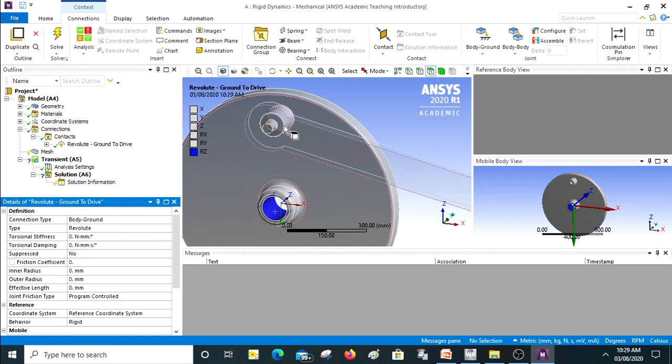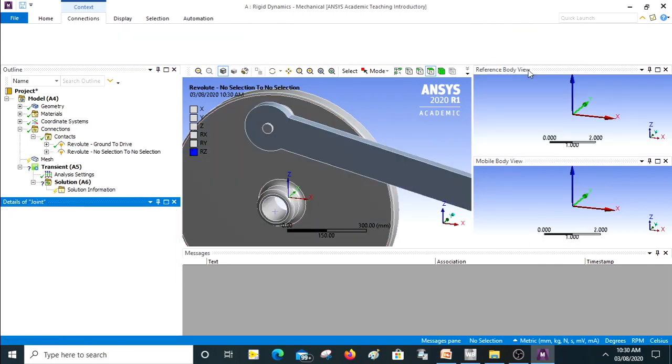Okay, now the next thing is we have to go for these two components. Now both the components are present, so we will be going for a body to body. And if you see, the joints are actually cylindrical, so wherever you have a cylindrical or a circular motion or rotary motion, we basically go for a revolute joint. Now let us go to body revolute.